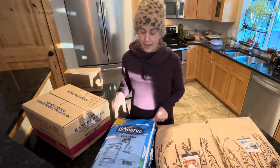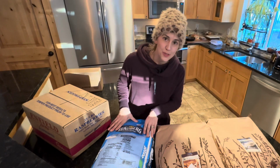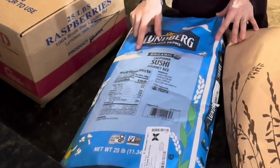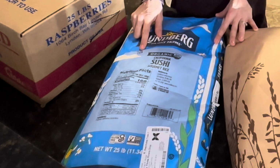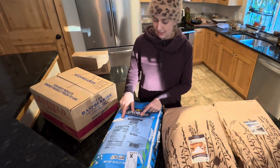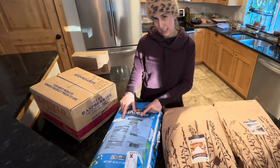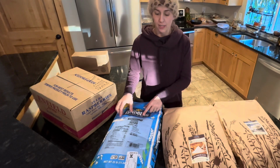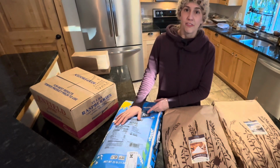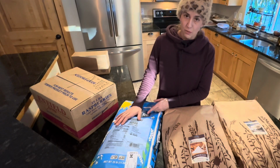Over here, we've got our favorite kind of rice, and yes, we do splurge on this. It is $72.72 for this 25-pound bag, and that breakdown is $2.91 per pound. And we love this rice, and we have not had it as much as we would like